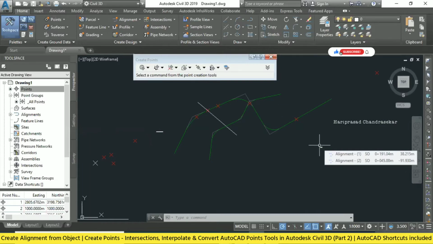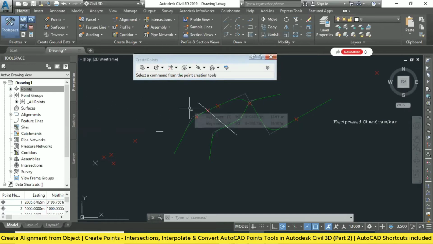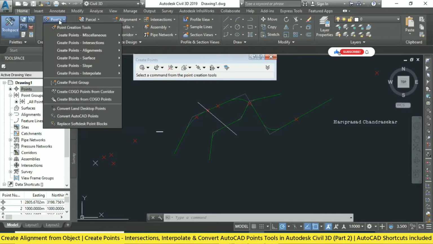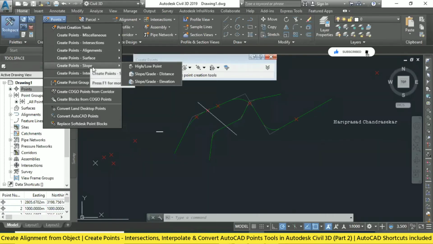That's why I said we mostly need this kind of tool only in very peculiar cases. At the end we are not using each and every point. Surface, we don't have a surface now, so we can't do that.